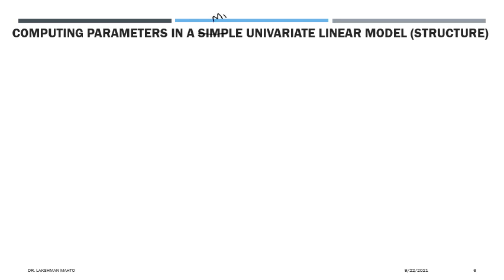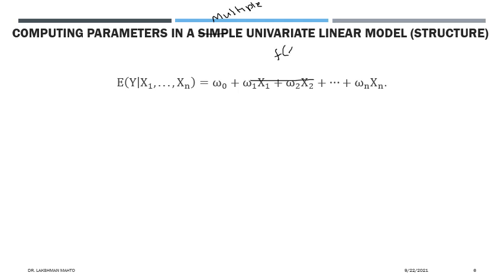It would be a multiple univariate linear model. What is this? For simplicity, we are trying to find a linear approximation of this conditional expectation, or this regression function. We are taking a linear function. That means what I have told, sometimes I am calling this one a hypothesis function, f of x1, x2, up to xn. So I am taking an approximation of this f as a linear function.